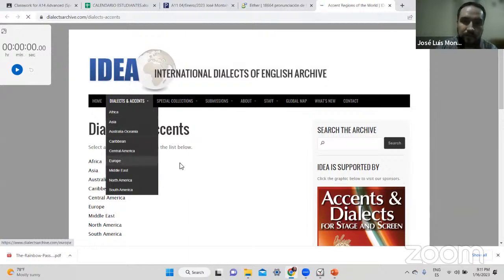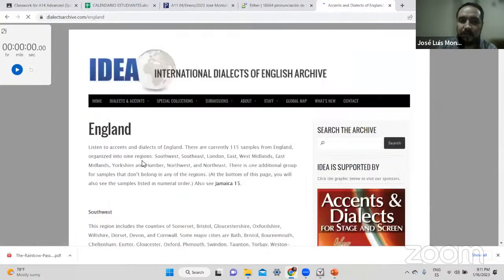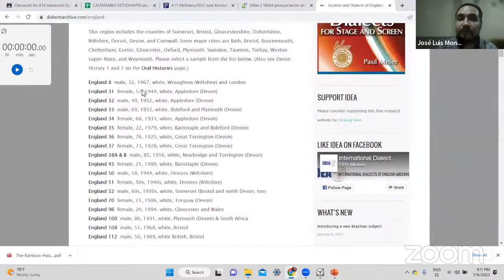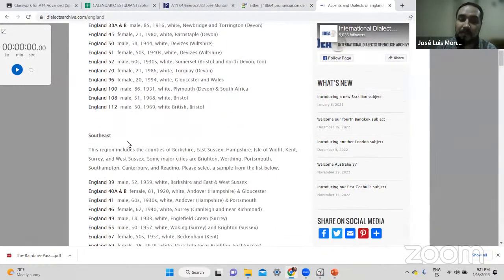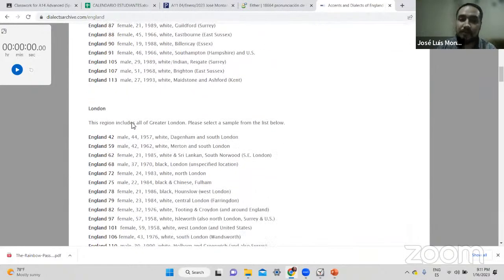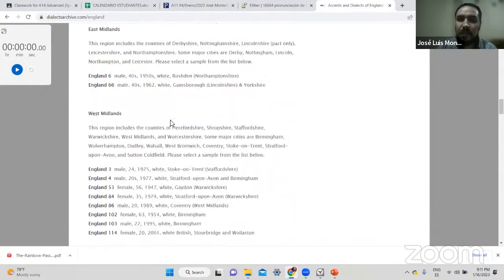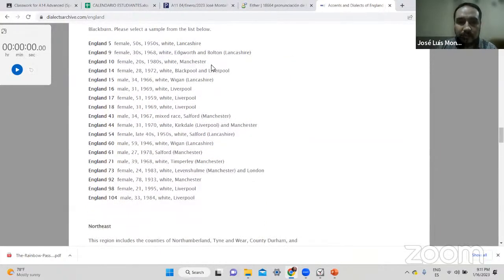Now, we're going to go to Europe, to the second most common accent, that is from England. Right? Great Britain, you know, it has three main regions, right? One of them is England. And you have here divided in a cardinal way. Okay, so you have the southwest, the southeast, and the northeast, northwest, the London, that is the most common way, or most common accent, sorry, and many more. All right, usually the northern accent is a little bit more similar to the Irish accent. That is one of the hardest, right? Not every time, but we're going to try to listen to some of them.